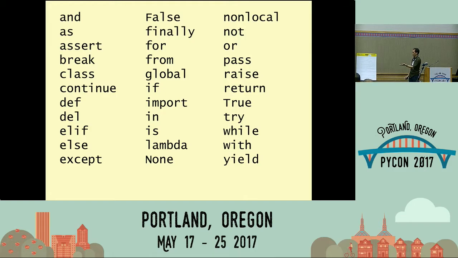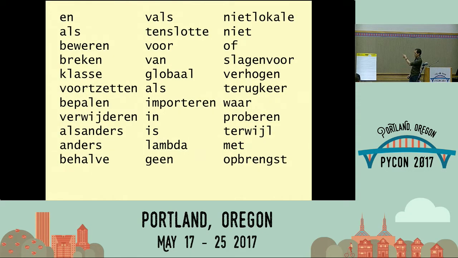These are Python's keywords, and this is true of every major programming language, even ones that are developed outside the English-speaking world. Ruby from Japan, Lua from Brazil, Python from the Netherlands. If Guido had decided to use Dutch for Python, then all of these keywords would look like this. And it just becomes a bunch of symbols that you have to memorize what they mean. But as strange as this looks to you if you only speak English, this is sort of what Python looks like to everyone outside the English-speaking world.